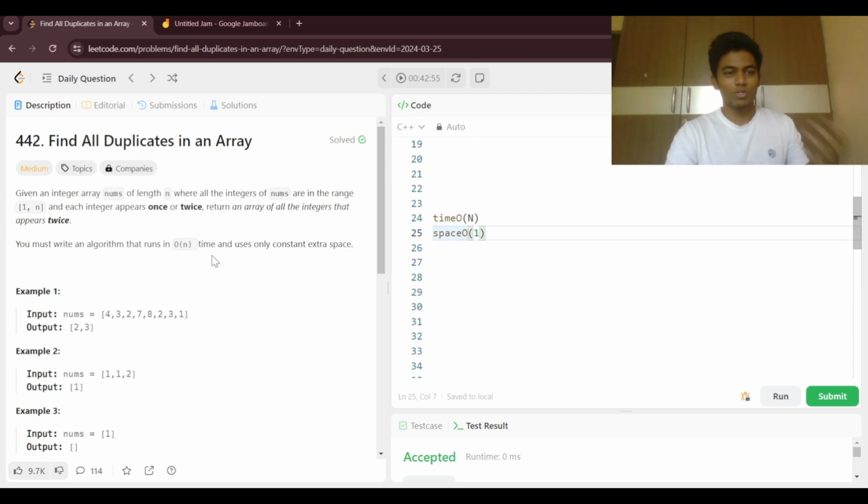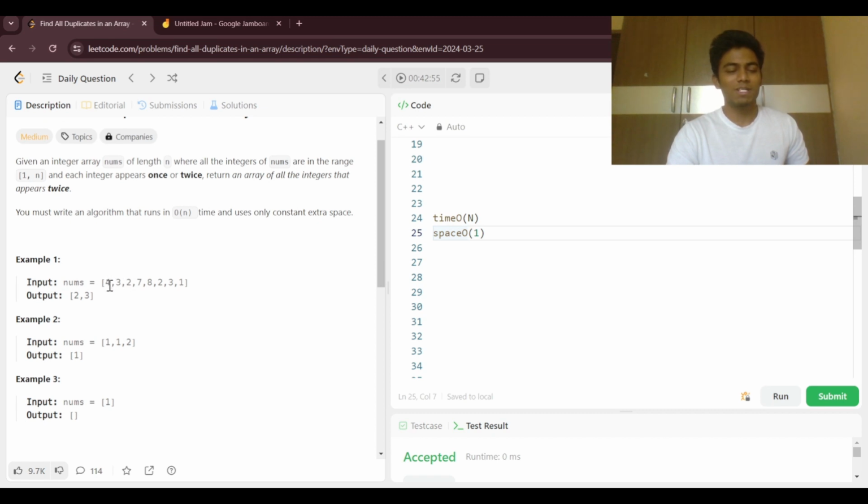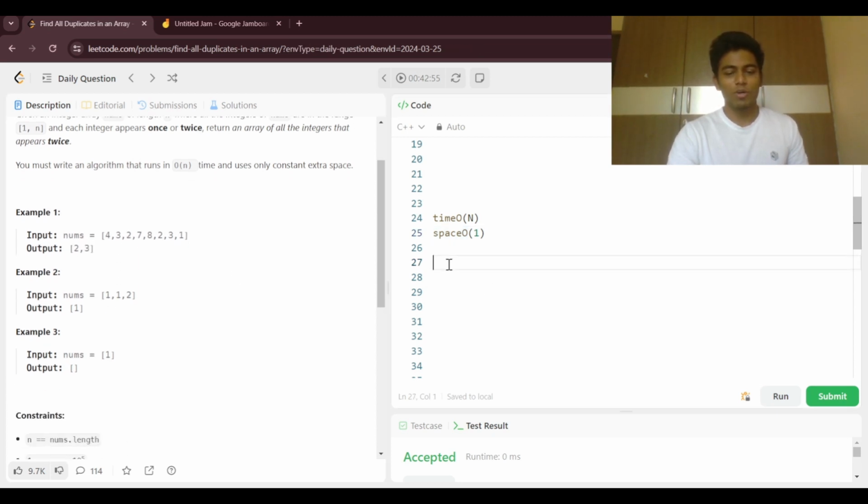Now, can we use the brute force solution? Suppose let's take 4. We need to check whether this 4 is present or not. For that I am going to pick this index and travel all the elements forward of this particular index, and check whether the 4 is present in the array or not. If it is present, then I am going to add it into my answer. For 3 I check, yes, it is present, and for 2 I check, yes, it is present, so I add it into my answer. That is going to take O(n²) time complexity,